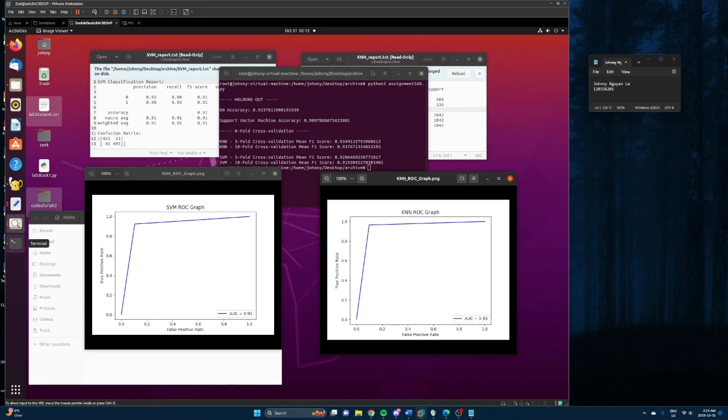And so I think it worked a lot better in this case, just because the data set isn't as big, because KNN definitely struggles when it comes to bigger data sets. As for the SVM,